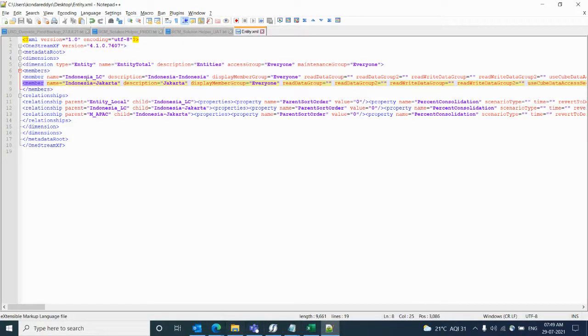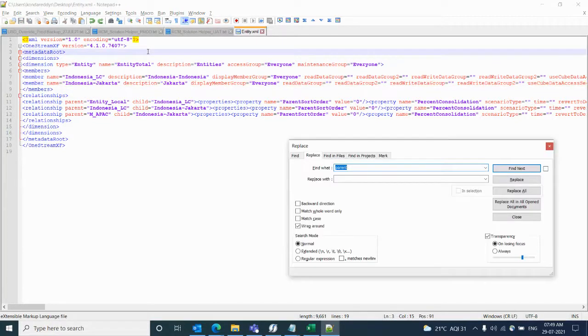Let's change it, or else we can update the XML file directly rather than regenerating it. Okay. So wherever, let me use the option to replace it. Control H and then underscore, replace all. So all 3 occurrences it has replaced.